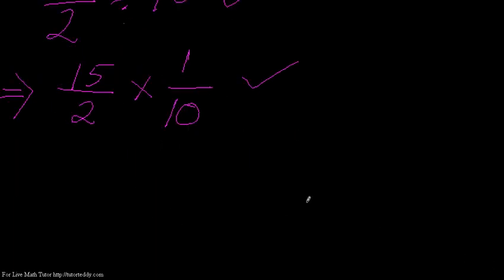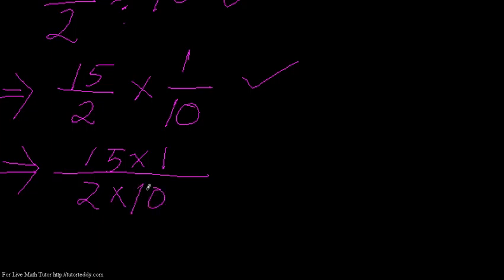So now what we can see is, in the numerator we have both 15 and 1. So in the whole numerator we have 15 into 1, and in the whole denominator I have 2 into 10,